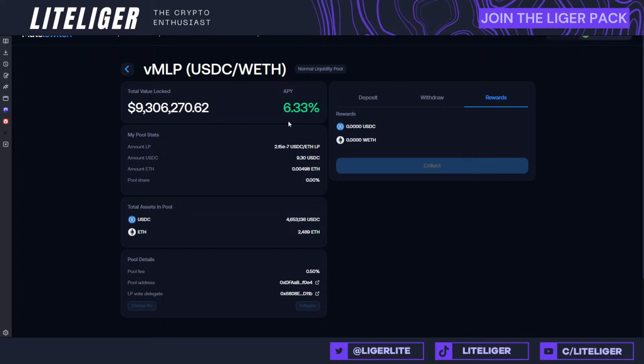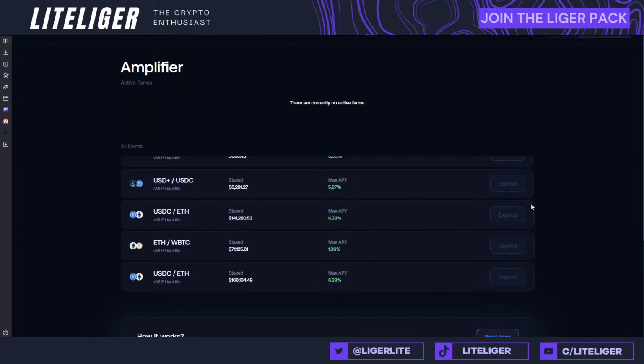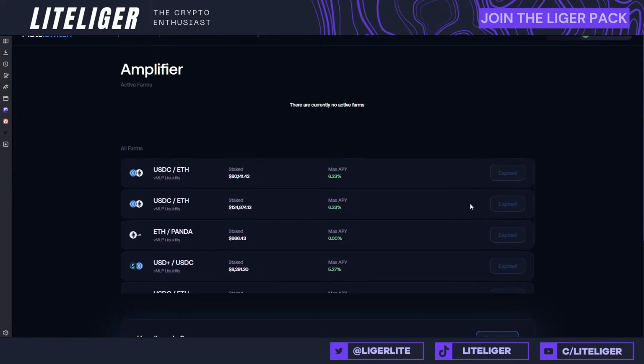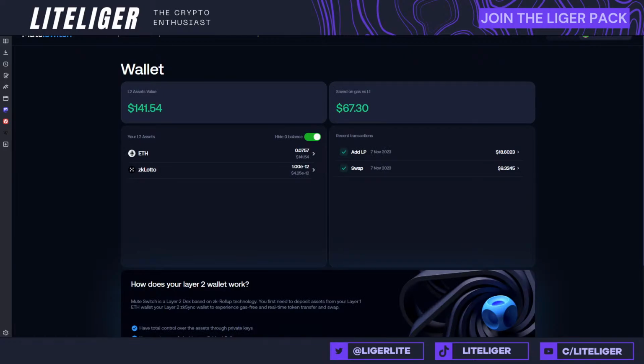This is collecting the transactions, but we are going to be going into the amplifier. Oh, these are expired. Well, shit. No biggie. It doesn't matter. If you're watching the stream a week from now or whatever, there might be more amplified things. And then they have something called bonds. These have been sold out. Then there's governance. Voting on governance is also important, by the way. We're not going to have any governance tokens here today.